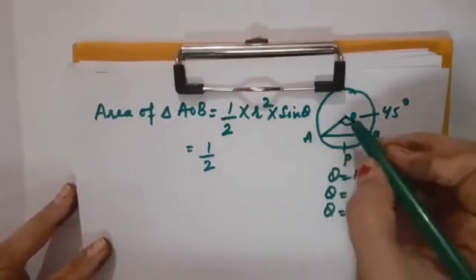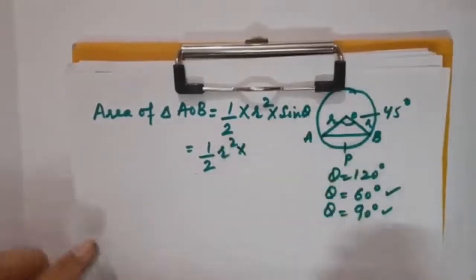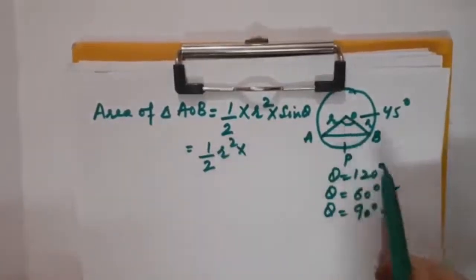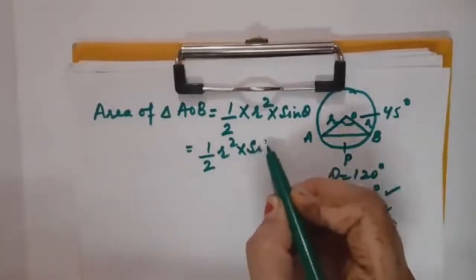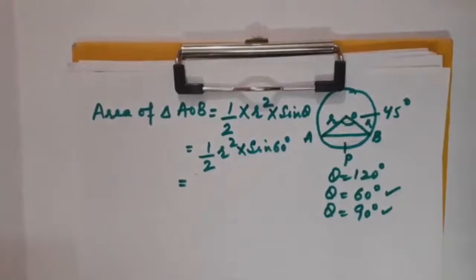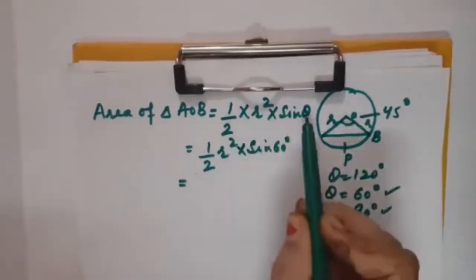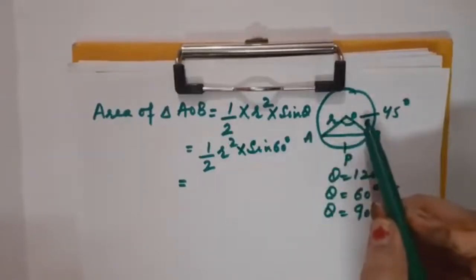You can see this is radius. So this is r square. First of all, I am going to consider let theta is 60 degree. So it would become sine 60 degree. Children, you will have to just keep the table of trigonometry in your mind, if you want to apply the same formula for all kind of center angles.